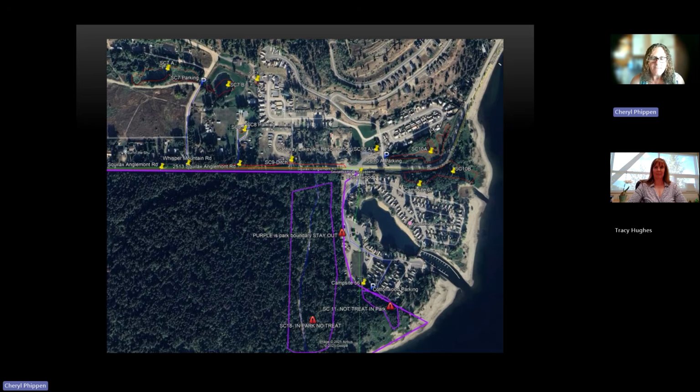We use larvicide. It's a biological agent, and it looks like the picture there. It's a bacteria, Bacillus thuringiensis variant israelensis. That bacteria makes a protein that is attached to corn cobs, so it just looks like chicken food. When we apply the product according to the label rates, it's safe for all other insects, amphibians, fish, mammals, and us. It's very specific to mosquito larvae.